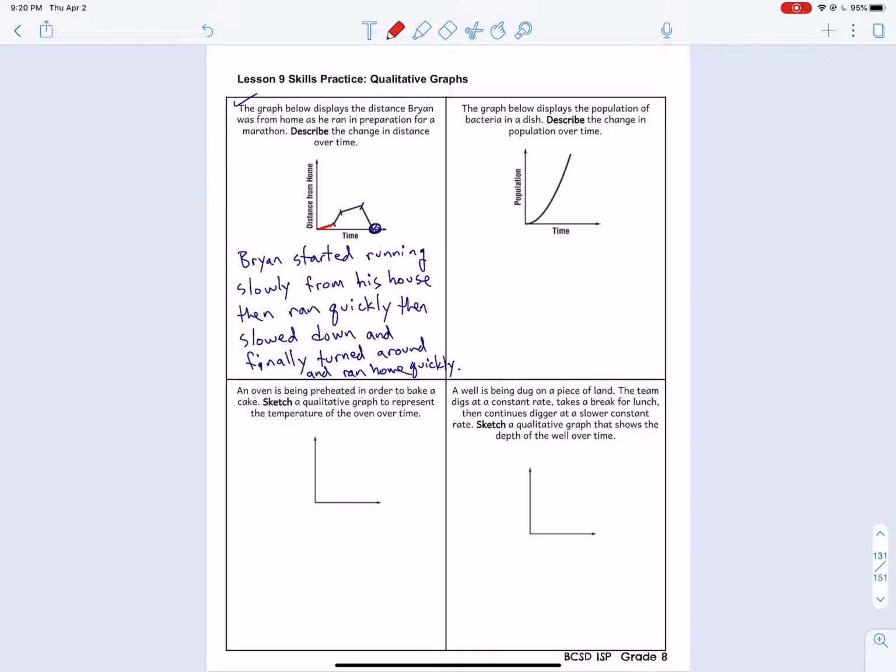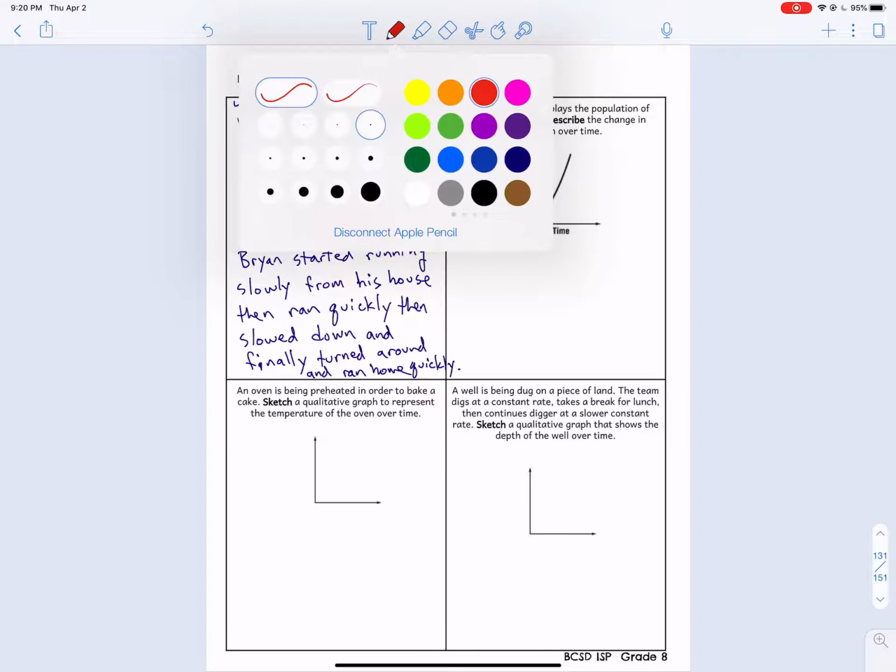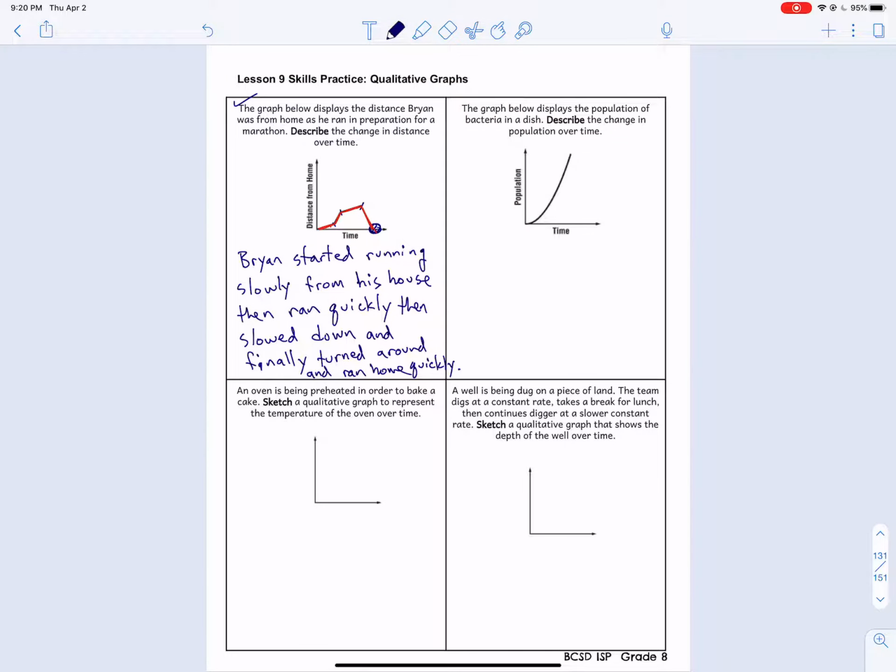Okay, slowly, and then he sped up, and then he kind of slowed down again, and then he turned around and he ran back towards his house. Okay, so we had to say 4 different things because the line changes direction 4 times. All right, so I'll leave the next one up to you, and then the bottom 2 we have to sketch